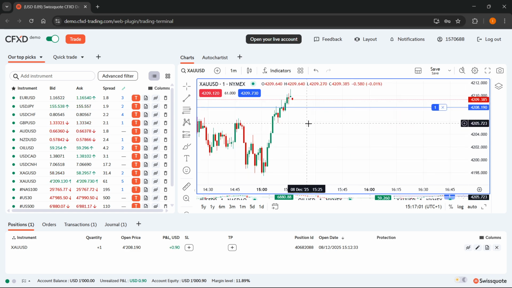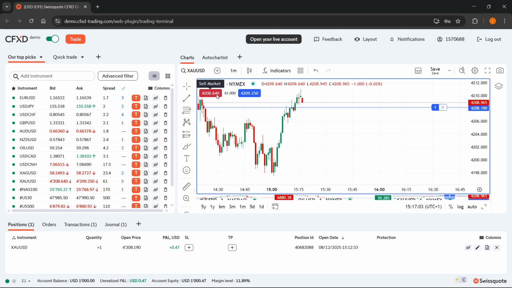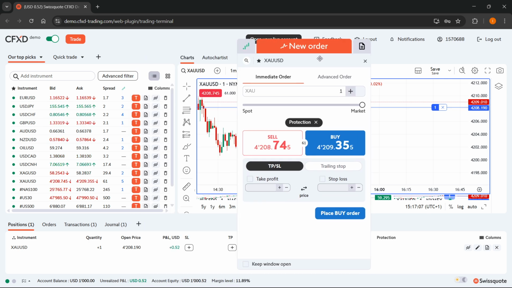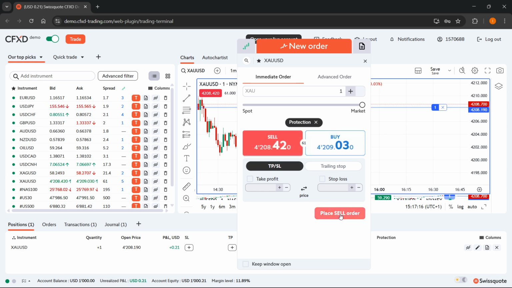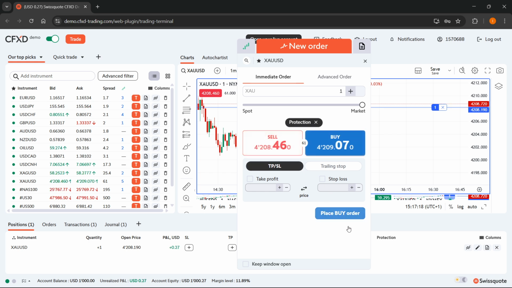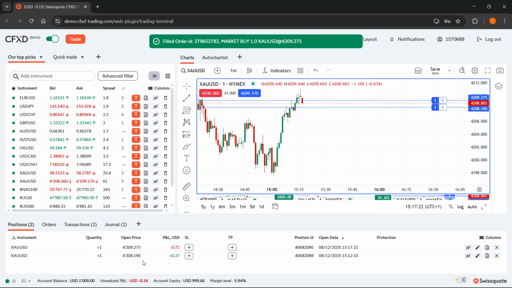And of course, whenever you decide to buy, you can just click on this buy button or the sell button here on your chart. It's going to pop up the exact same window where you can again go ahead and type in all your wishes and however you want your order to look, and then you can just go ahead and click on place buy order or place sell order, and this is going to essentially buy or sell, and it's going to go down here at the very bottom as one of your current positions. So that's how to trade on